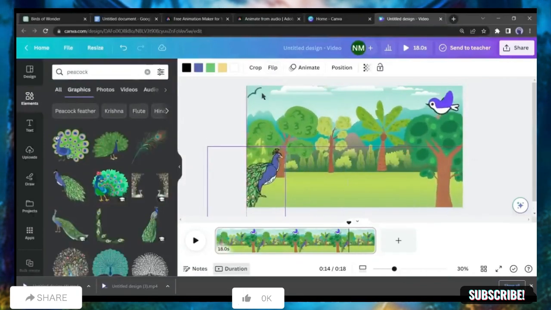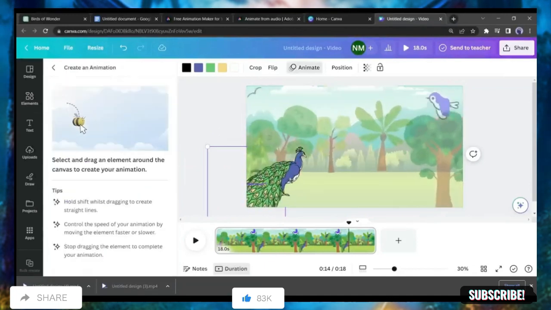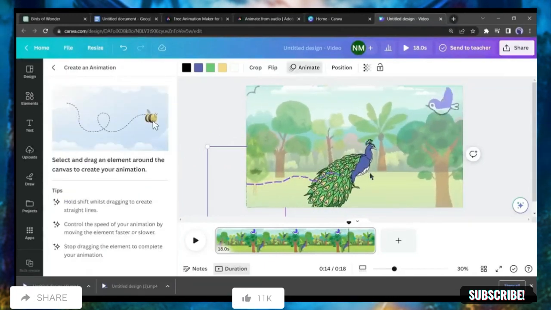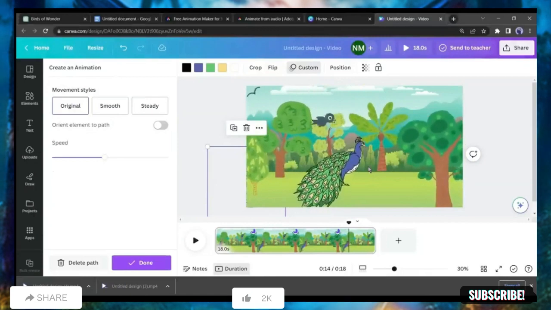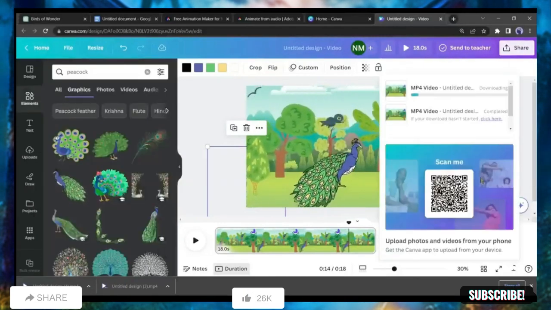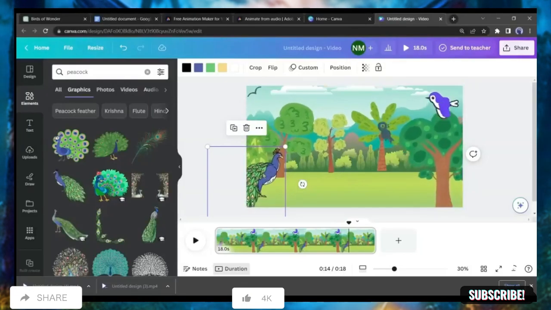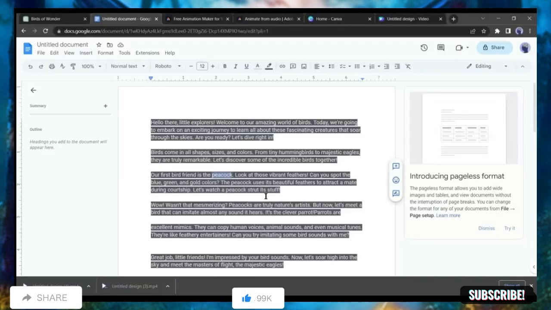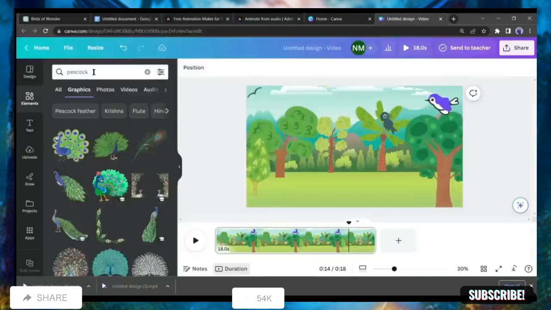Additionally, add some birds to the video's background since we are making a video about birds. Once everything looks beautiful, download the background image. Now, go back to the Google Docs document and find the first bird mentioned in our script, which is a peacock. Return to Canva, search for peacock in the Elements section,